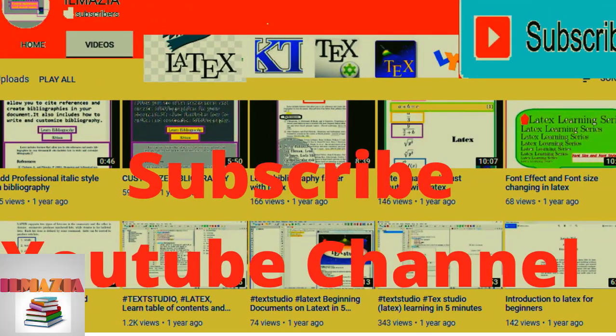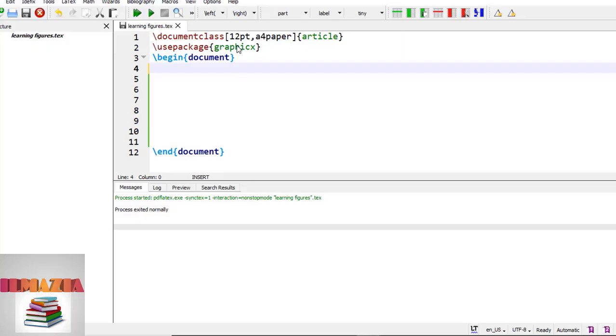In this video, I am going to describe how to insert an image into your LaTeX document, which requires the graphics package. Images should be PDF, PNG, JPG or GIF files. These are the commands that are required for beginning the document, and the set of commands for beginning the figure or image is \begin